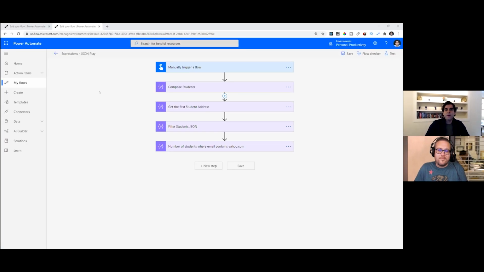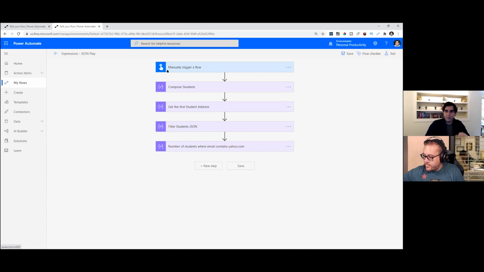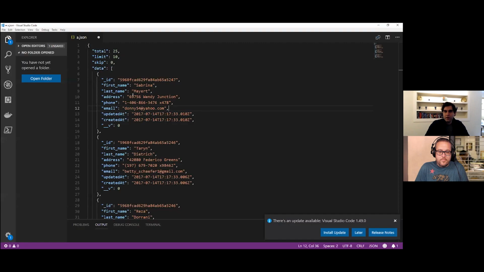And before we get into that, the first thing I want to cover as part of today's session is going to be JSON. It's very important to understand JSON in Flow and how we can parse JSON in order for us to leverage this concept in all our scenarios. Now, the flow that I'm currently demoing is a very basic flow that triggers when a user clicks on a button manually. And in this flow, I have a JSON object that I have created, and this is what the JSON object looks like.